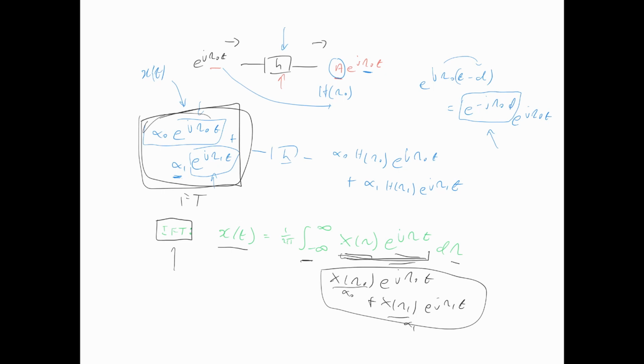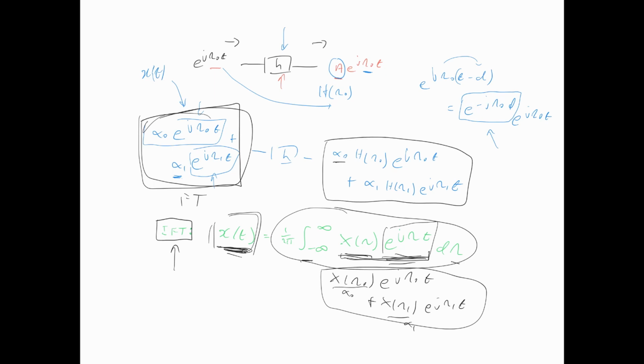So the inverse Fourier transform representation of a signal is exactly what we want in order to figure out how a channel acts on this input signal here. We have decomposed our input x of t into a sum of complex exponentials. We know how a channel is going to behave on a complex exponential, and due to linearity, we can therefore deduce that the output is going to be given by the same type of a sum. Here's the output up here, and all I did was modify each of the coefficients by multiplying it by this